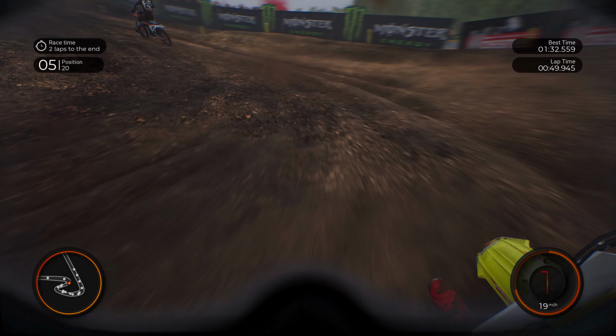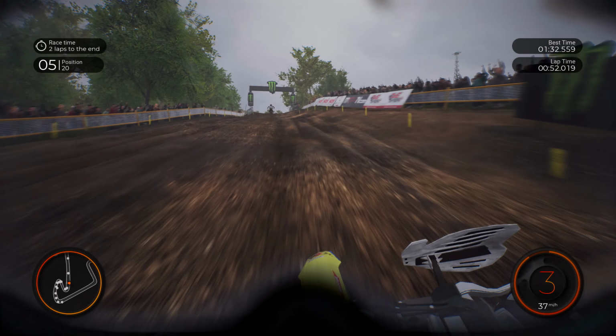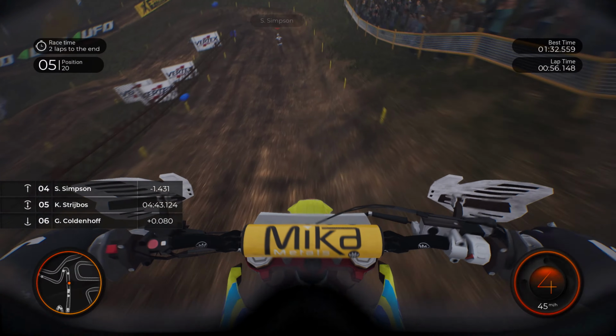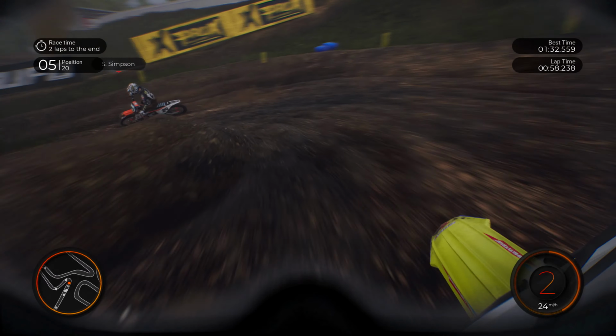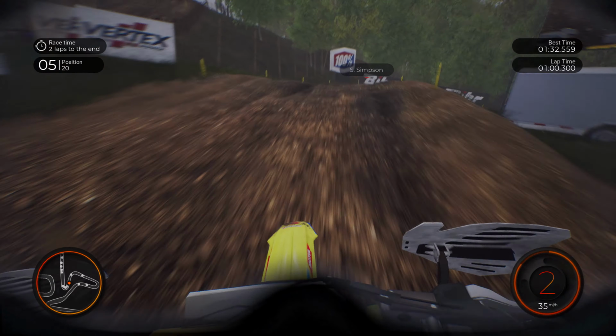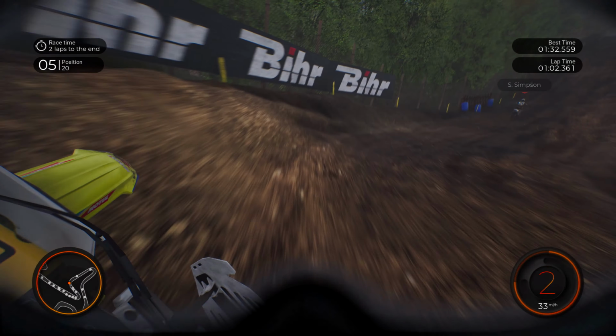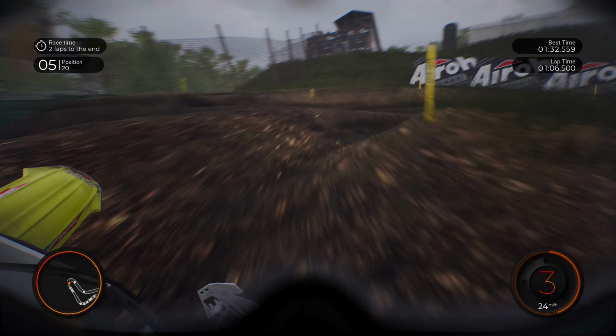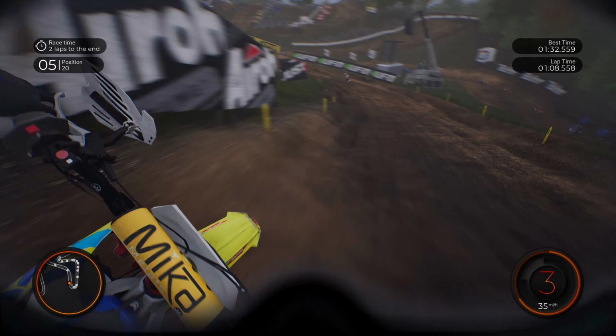We should follow him a little bit, but no, we've lost time on the gas. I think that was Glenn Koldenoff who's made the move. Give it everything we've got to avoid getting beaten for 5th place. 2 laps remaining, or at least 1.5 remaining now. Do everything we can, do everything in our power, at least take 5th. I thought 4th would be a decent finish, but 5th, I guess, is going to have to be sufficient